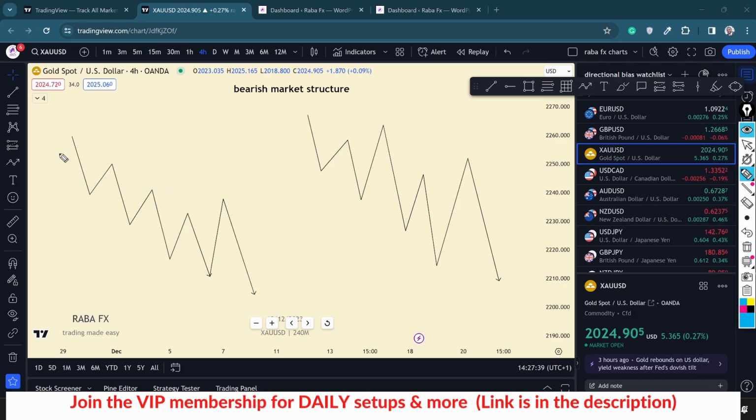Now, this particular pattern here, this textbook format, plays out more in the higher time frame. Okay. When you go to the higher time frame, it is cleaner. Market structure is cleaner in the higher time frame, like the monthly and the weekly. Okay. On the weekly time frame, when you have something like this, when price comes to this point, you can sell,